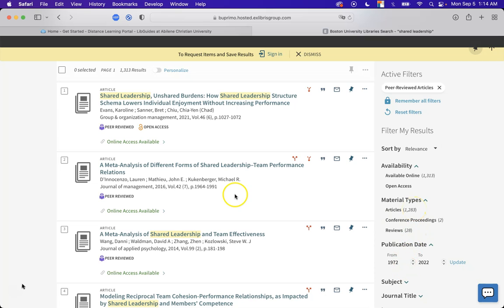But we see right now we're looking at 1,313 results. Now, if I restrict that to journal articles, that's going to narrow it down a little bit, but not a ton. We still have 1,283. And so now I can look at how I might restrict this